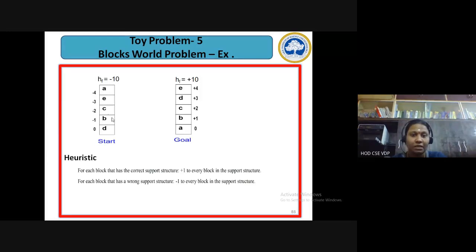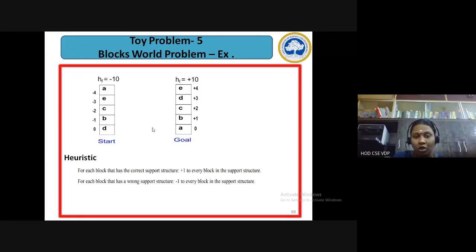Yeah, this is the initial stack, right? So you have to order this in this particular way, A to E. How are you going to place it? You can place only one block on top of another block in one particular move. Otherwise, the other way of doing it is, you can pick a block and place it on the floor. So these are the two steps that you can do.